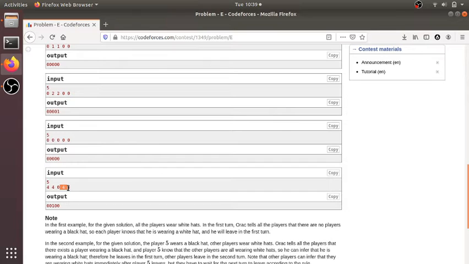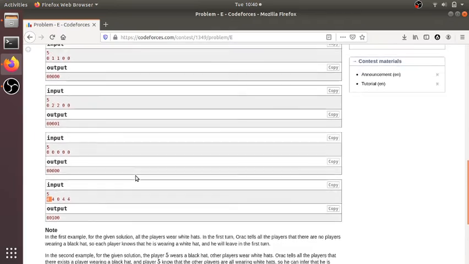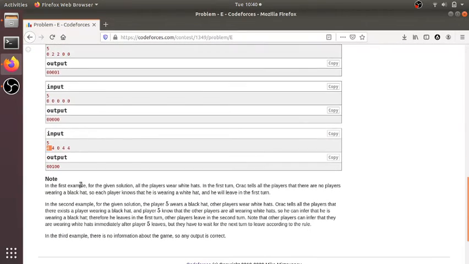But these two might be wearing black hats. How would he know that he is wearing a black hat? The first player, he can't know what he is wearing. This is the 2nd example. Okay. In the 1st example, for the message on the place where